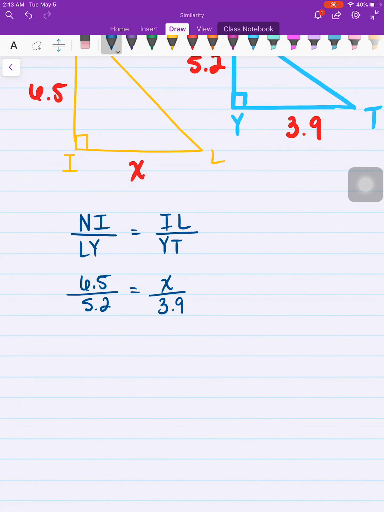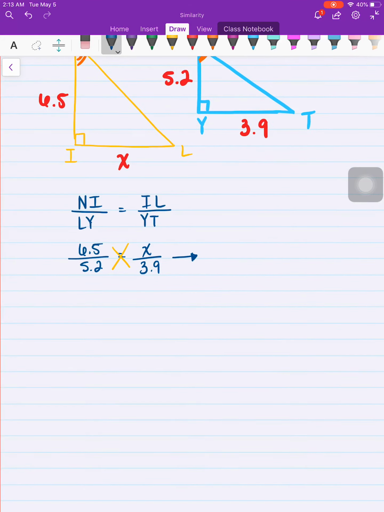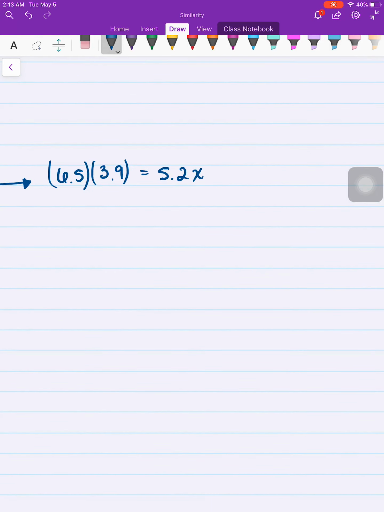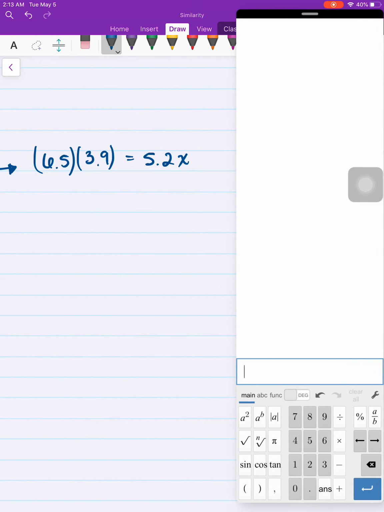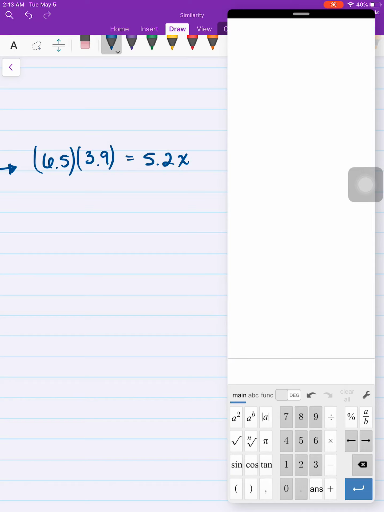Now from here, I do want to go ahead and start off with cross multiplication. So I'm going to go ahead and show that here. We have 6.5 times 3.9, and all of that is going to be equal to 5.2x. So I want to go ahead and know what 6.5 times 3.9 is, and that gives us 25.35 equals